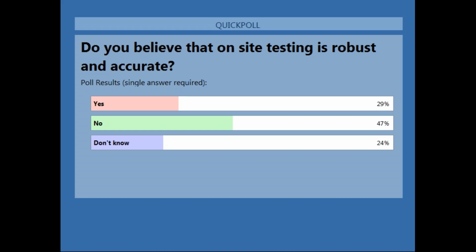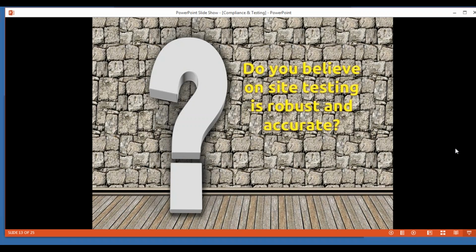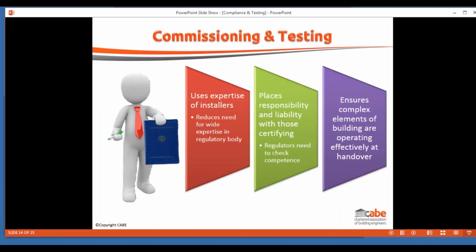And the point I was making as people were voting is that in the first flush of votes, the first 50% of people that voted, the no category went up to about two-thirds of those attending today, and it balanced down as people voted later on. But even so, just under half of you think that maybe the testing regime we've got on site isn't as robust and accurate as it perhaps should be. Right, so going back to the presentation then,